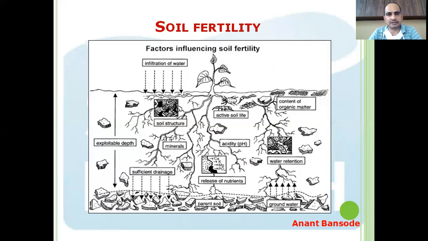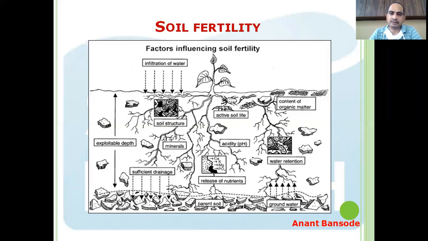Second is soil structure. Soil structure is a physical property where the content of sand, silt and clay and their proportion with each other gives the soil a structure. Then active soil life, that is microorganisms or the life present in the soil. Then the content of organic matter or organic carbon, and then the depth that we are utilizing for that crop, then the amount of minerals or natural elements present in the soil, the pH as we have seen in the